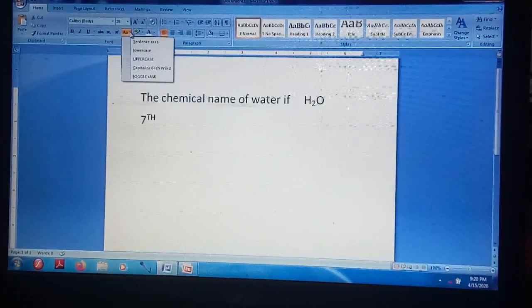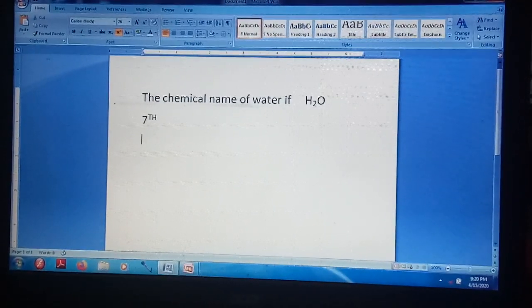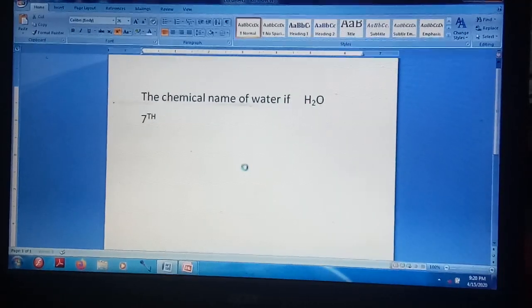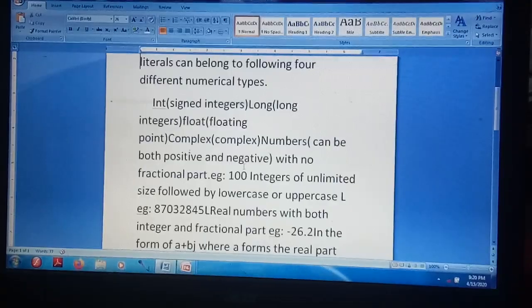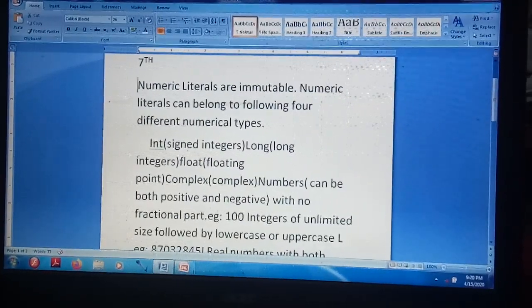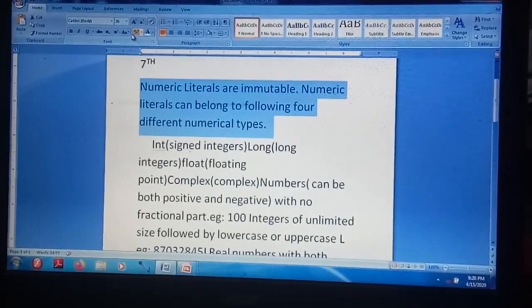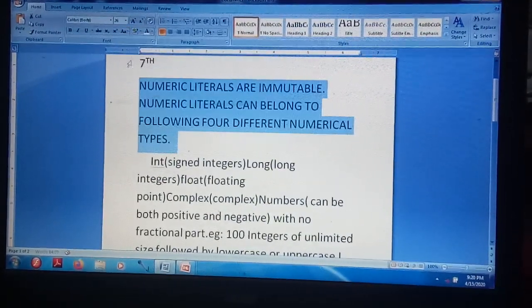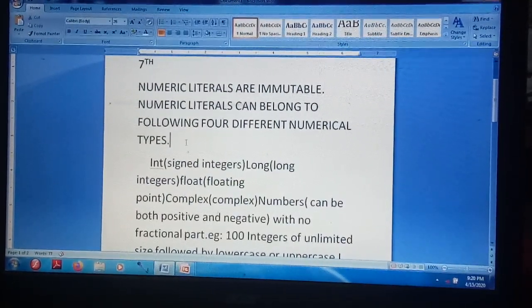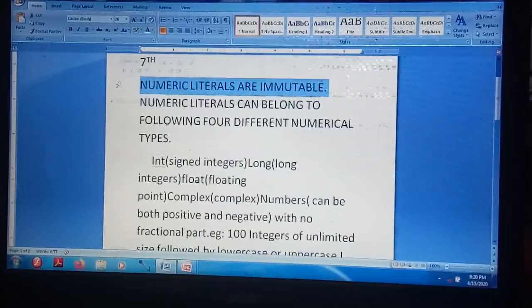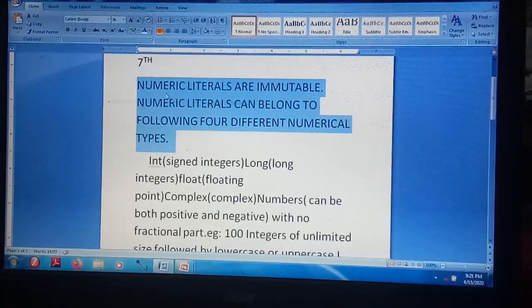Next option is your change case. You use this option when you type any text and you want to convert it. If you write a paragraph, and by chance you type all the letters in capital letters, for example, caps lock is on, and by chance you write your paragraph in capital letters and you want to display the paragraph in small letters.